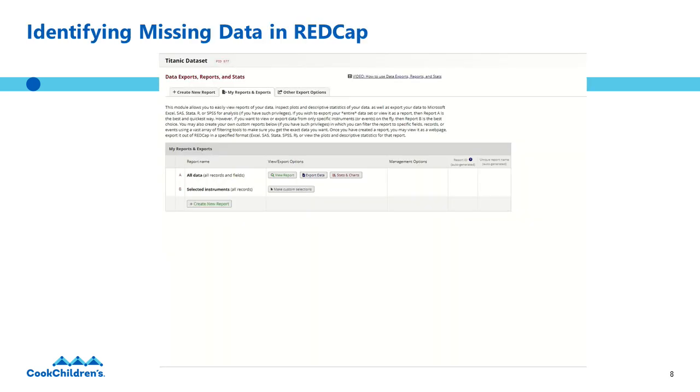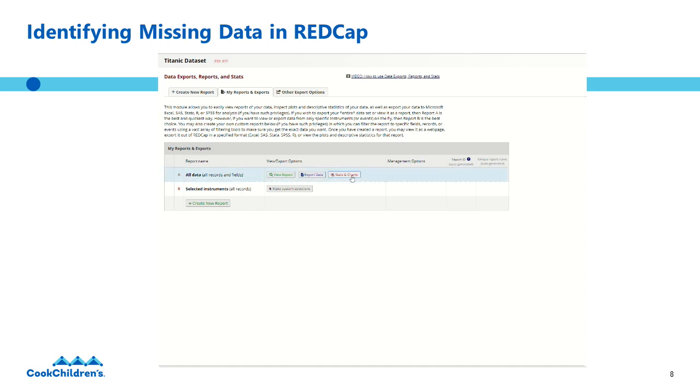So the first thing that I wanted to show you, I threw this data set into REDCap. And if you have not utilized the missing data feature in Stats and Charts, it is so easy to help you identify missing data and to populate those data. So I have a quick little screen grab. We are in the Exports, Reports, and Stats section for the Titanic database. So here I'm going to go to Stats and Charts